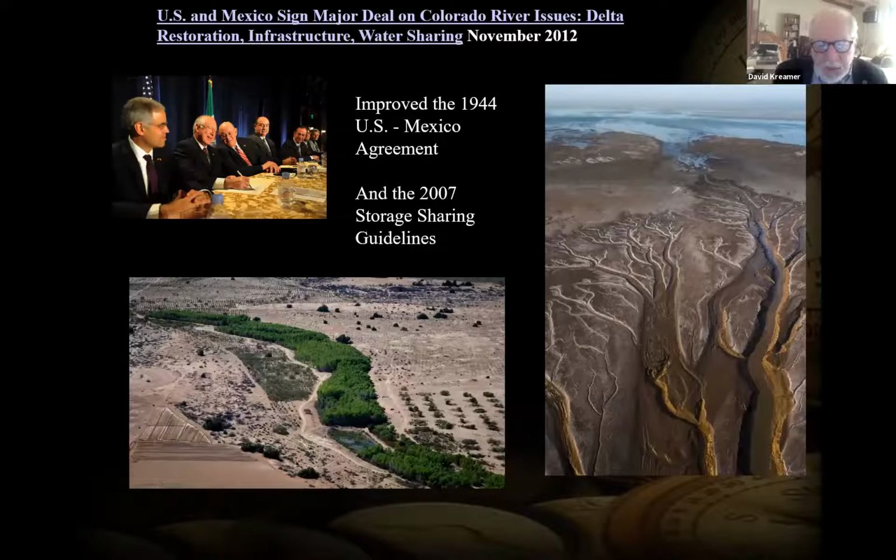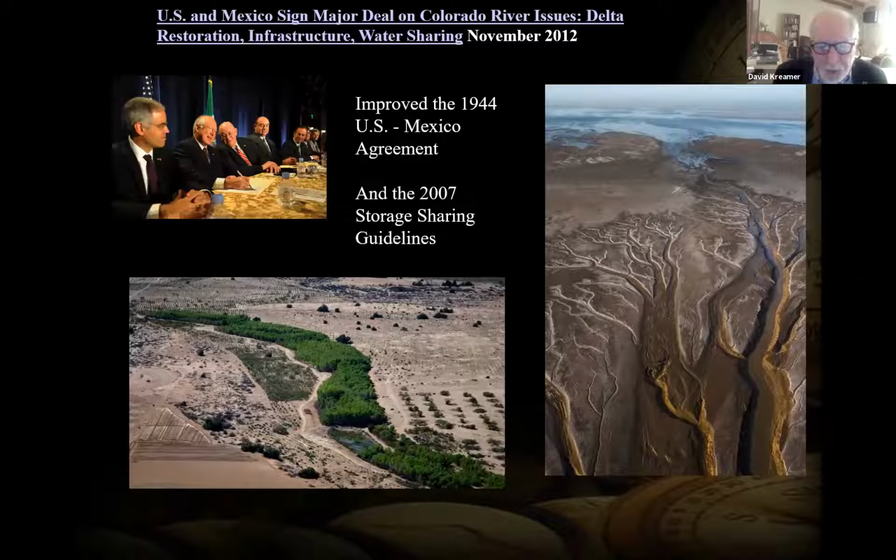Well, negotiations and agreements between the different states and the US and Mexico have been going on throughout time. There was a major agreement in 1944, which set the stage for how the US and Mexico would handle different water issues. I haven't mentioned groundwater, which is very important. There is some transboundary groundwater from US to Mexico, and that's another thing that has been negotiated in the past.